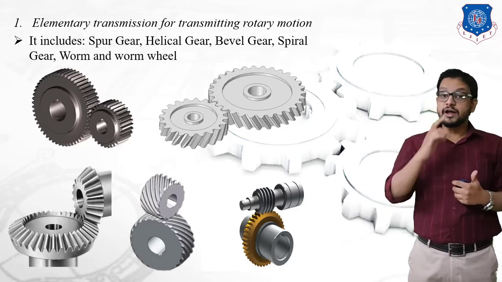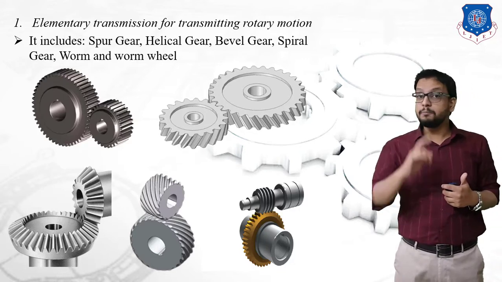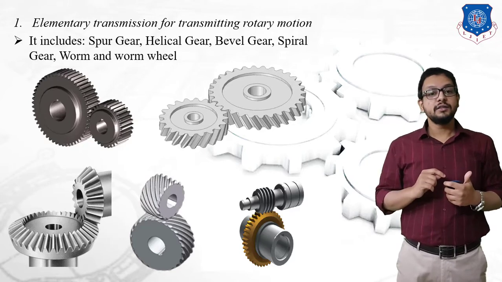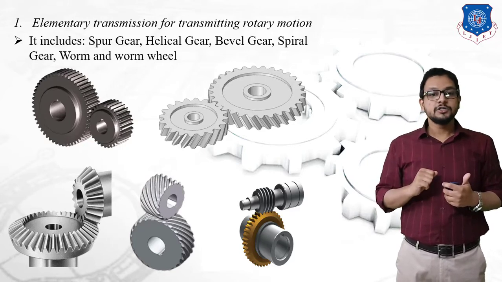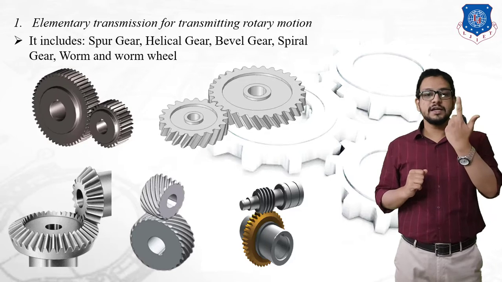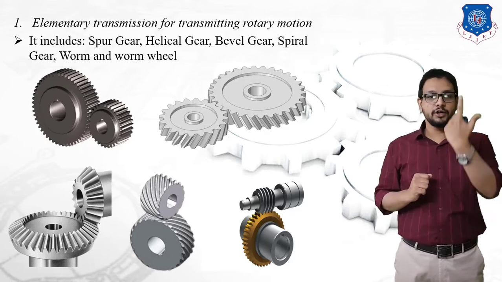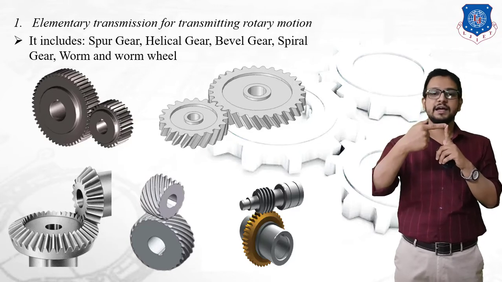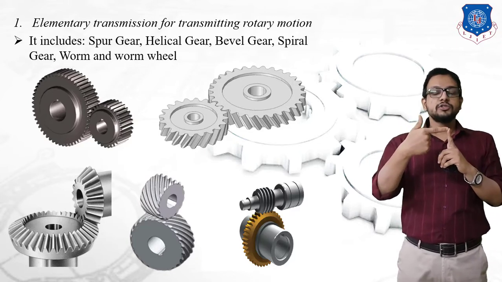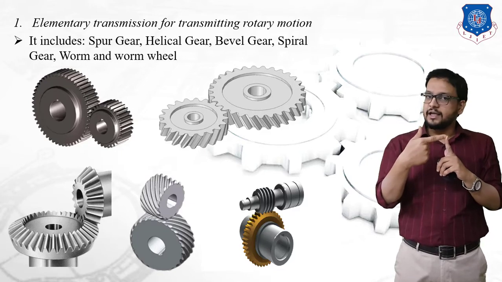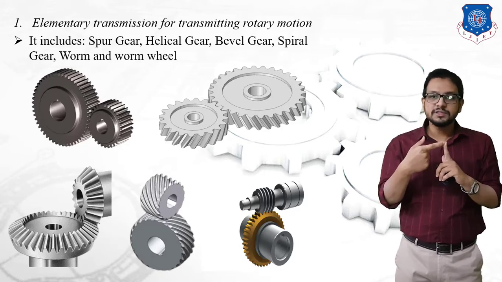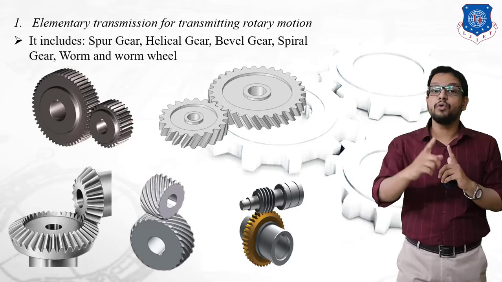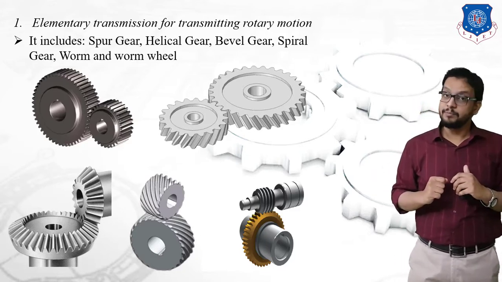Now, when we need to transmit mechanical power between two perpendicular shafts, remember, between two perpendicular shafts, then we can use a bevel gear. As you can see, the axis of the driving shaft is vertical, the second one is horizontal, intersecting each other at 90 degrees. It is not necessary that the angle will always be 90 degrees, but whenever two shafts are intersecting, mechanical power can be transmitted by means of a bevel gear.